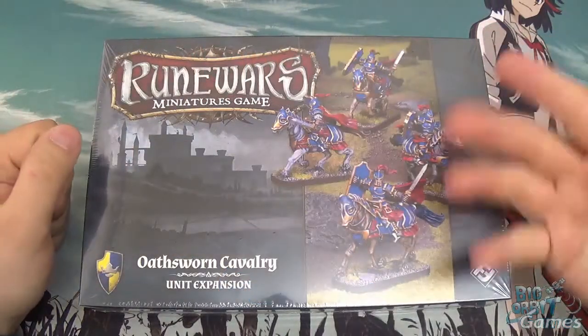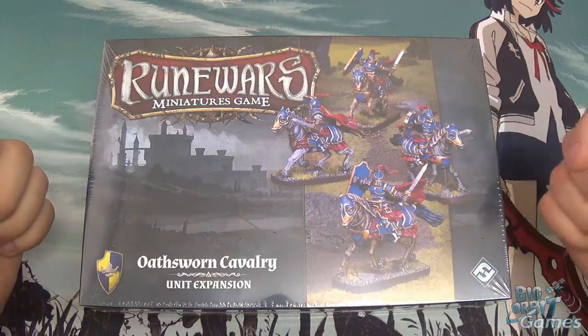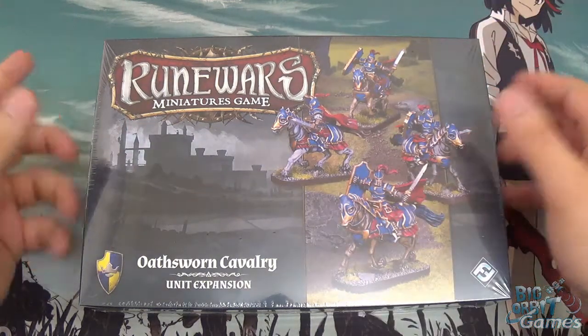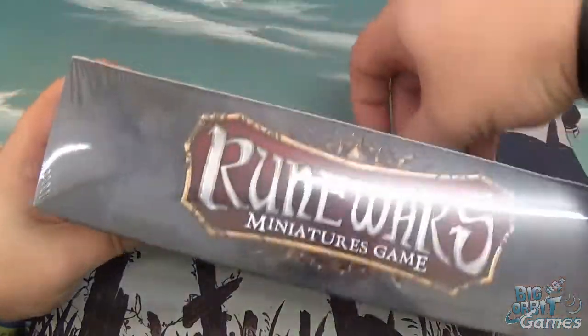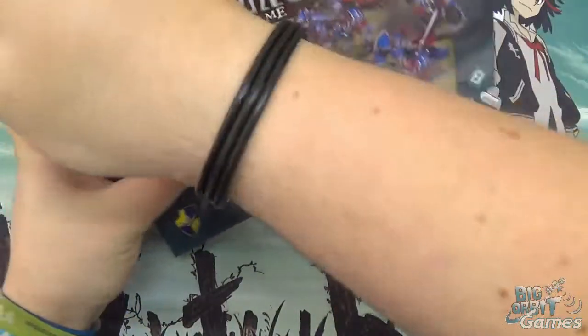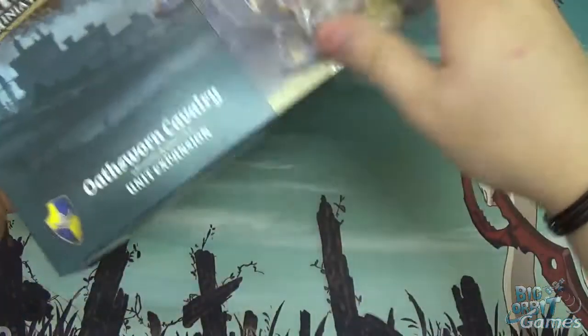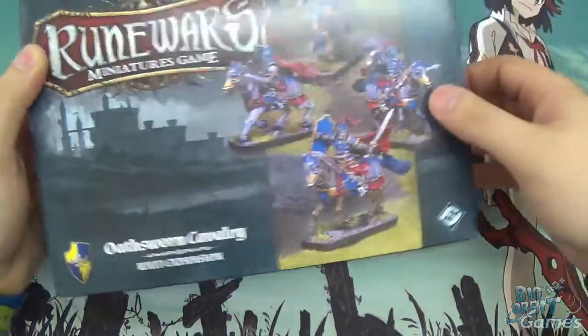Hello and welcome to Big Orbit Games unboxing video of the brand new RuneWars miniatures game expansion, Oathsworn Cavalry. My name is Simon and I'll be doing the unboxing today. What we're going to do is open this up and I'll show you what you get inside. It's not an in-depth guide into how to play with the cavalry or anything like that. It's just showing you what cool stuff you get in there, and I might even dispense some of my amazing